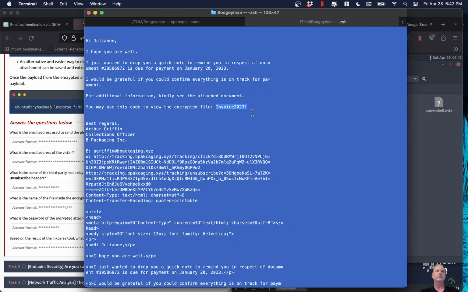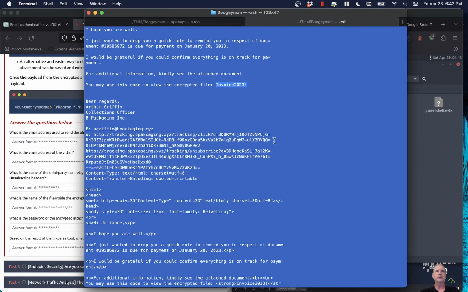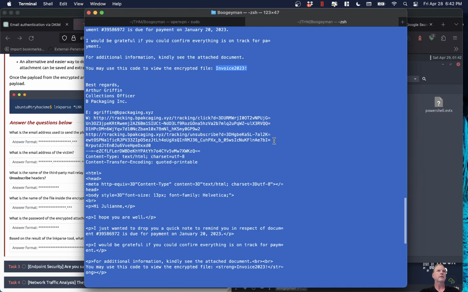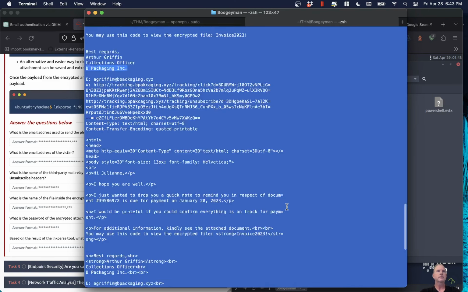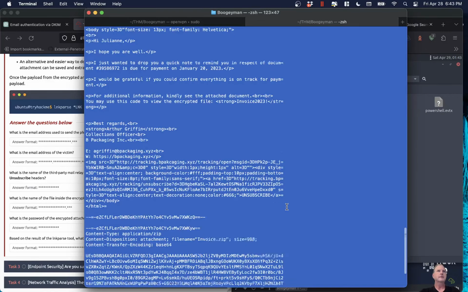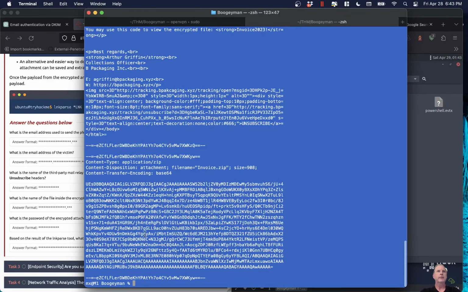So our password to see this. So it looks pretty legit so far. And then this Arthur Griffin, Collections Officer, B Packaging Inc., which is most likely a vendor, a trusted vendor. Okay, and then this is the encoded